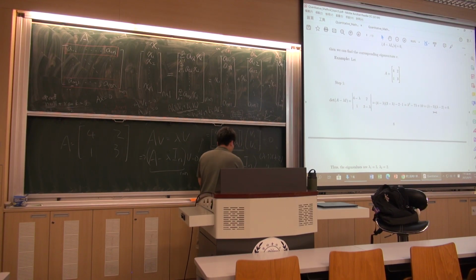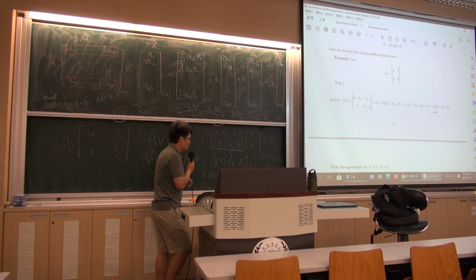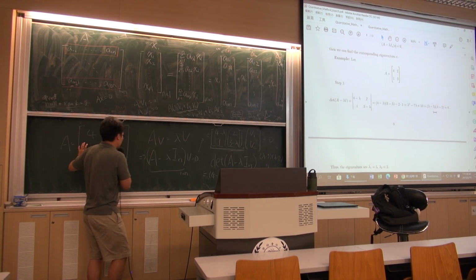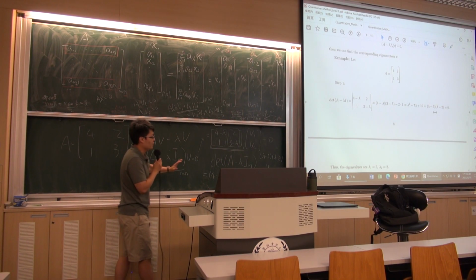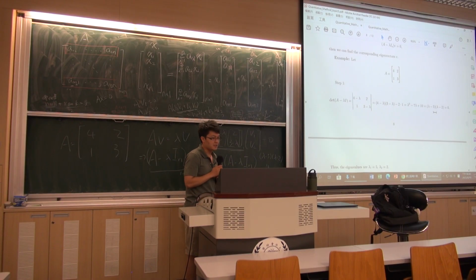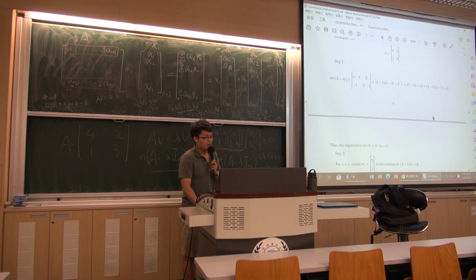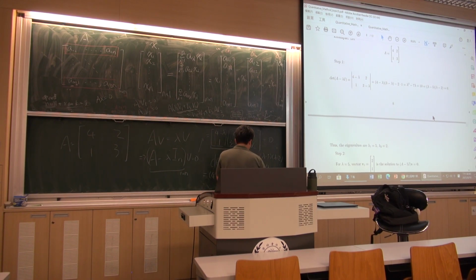So the eigenvalues of this matrix are 5 and 2 here, as you can see from the blackboard or in your lecture notes. Okay, this is the first step. Here, we already know the eigenvalues, and